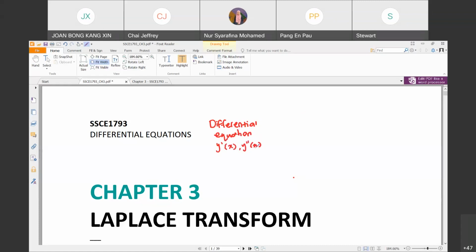So now, for this Laplace transform, let's say you have a differential equation in terms of the t domain. Sometimes you will face some sort of complicated function, so to uncomplicate that function, we apply some